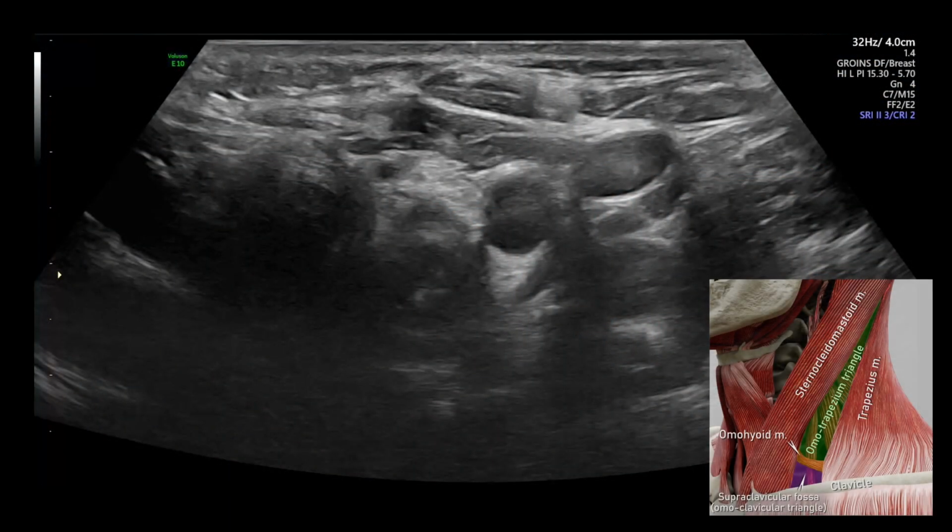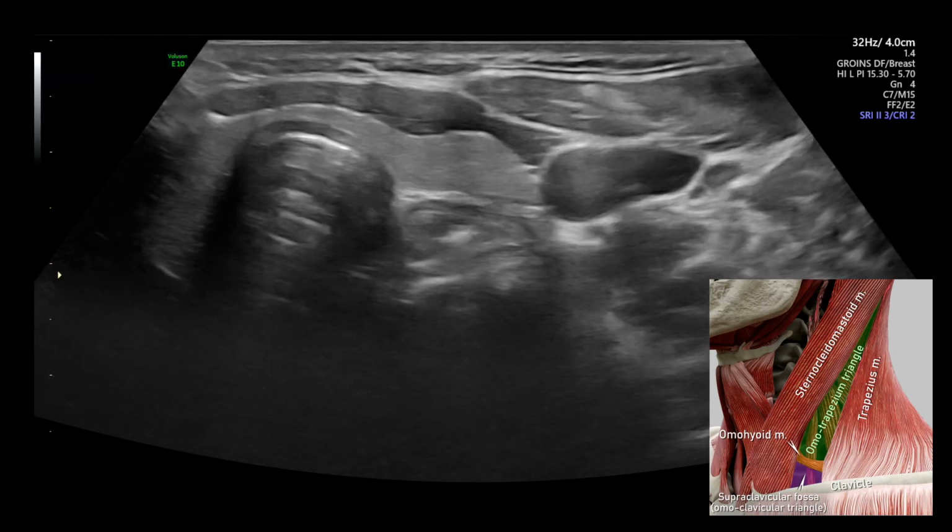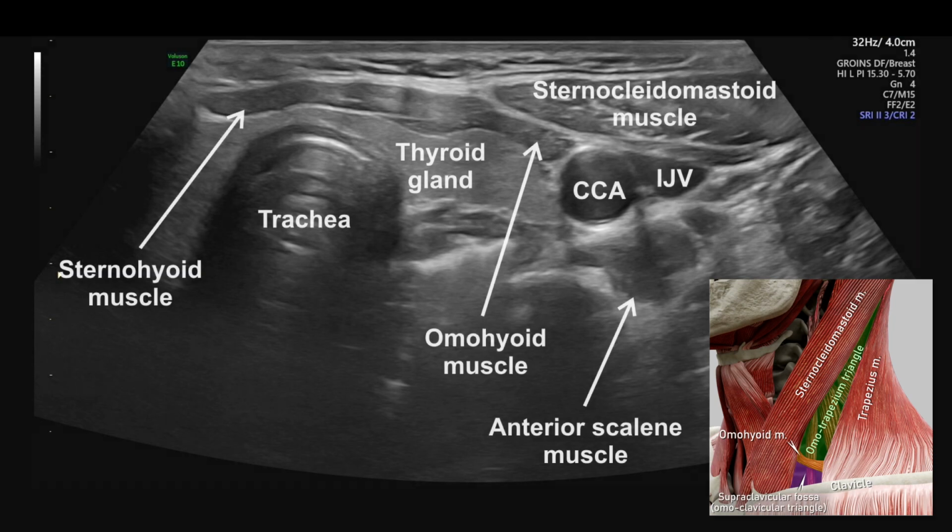This video will show the ultrasound assessment of the left supraclavicular fossa. The probe is first placed in the transverse view to locate the left lateral lobe of the thyroid gland. In order to evaluate these lymph nodes, the supraclavicular fossa should be identified, delineated by the omohyoid,